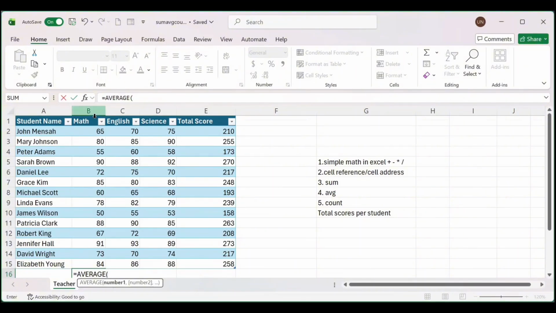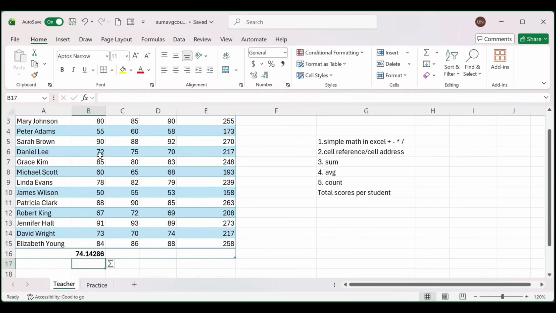So I'm going to do B2, then I'm going to do my column down to B15. Then you put your bracket, ensure that you close your formula and press enter. So now the average score here is